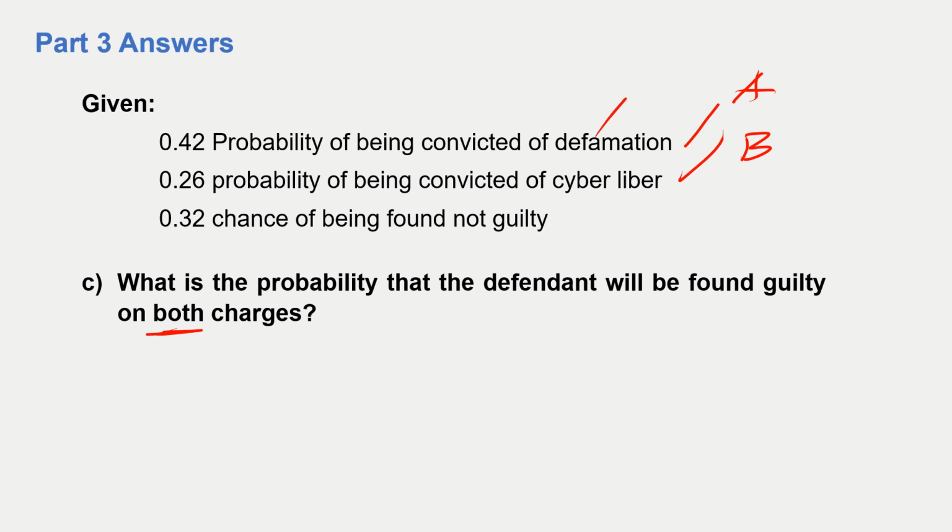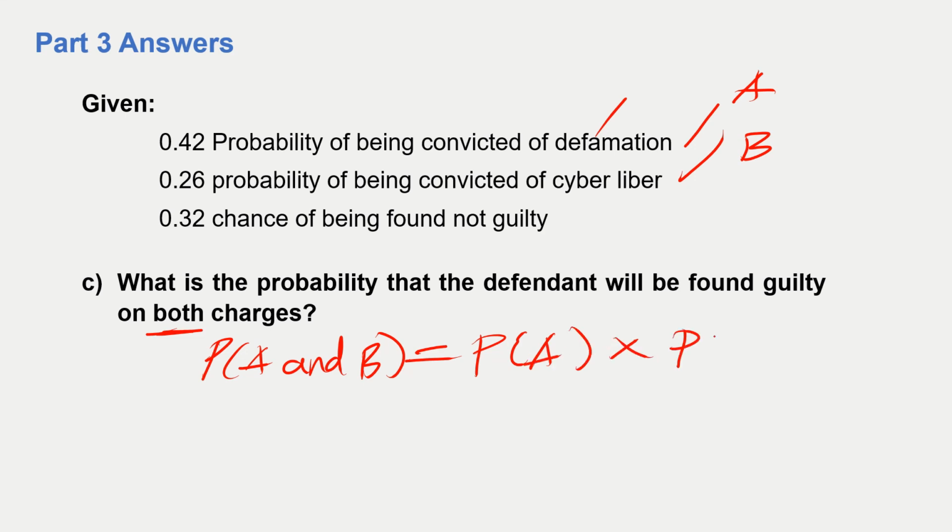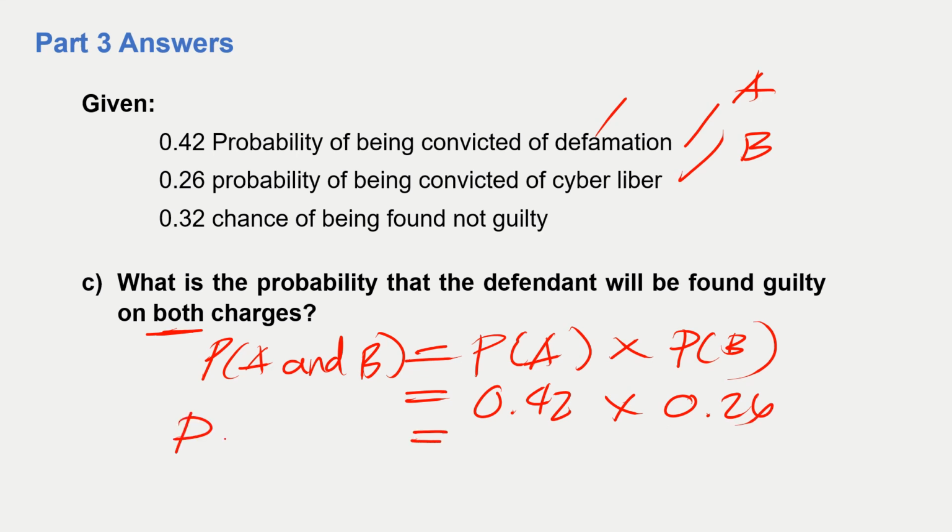Kasi kung parehong mangyayari, those are independent outcomes. So, multiplication, P of A and B is equal to P of A times P of B. So, you have here 0.42 times 0.26. So, the probability that the defendant will be convicted on both charges